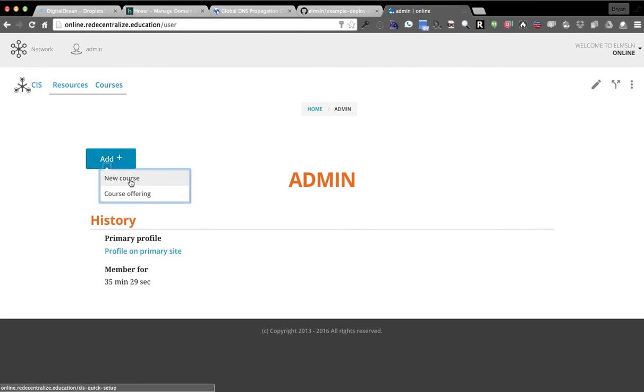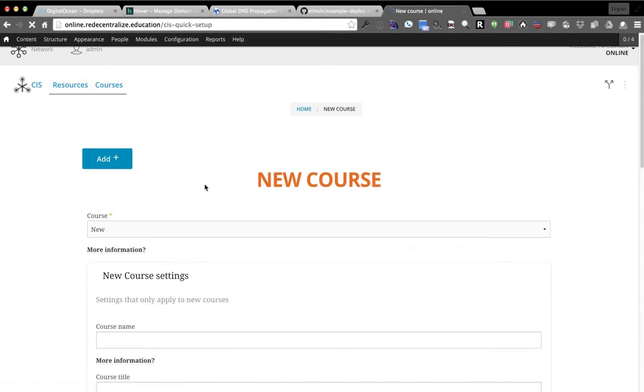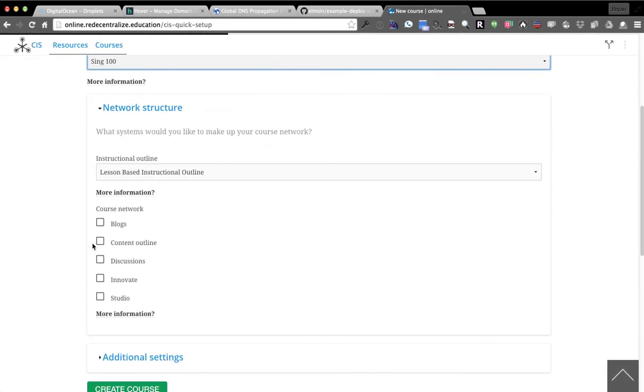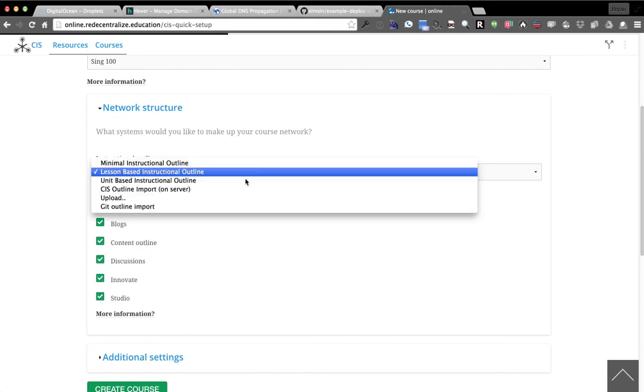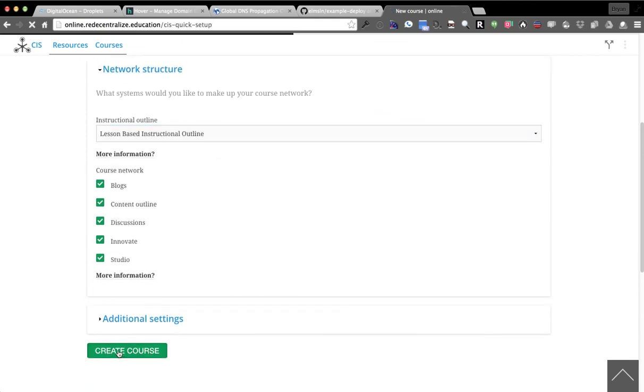And just go in, add a course, or you can jump to courses, which there's Sing 100. Let's do add, do new course. Quick setup here, and then we're going to do Sing 100. And you can pick just all the tools in question. You can do Git-based importing, things like that. This will be in a larger video, but